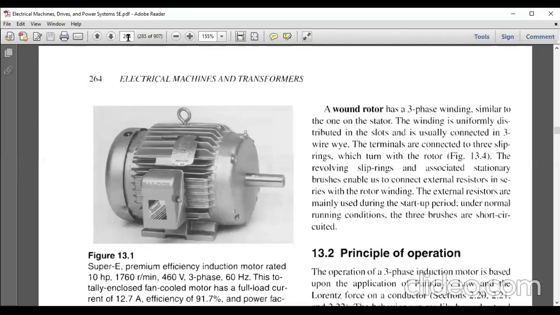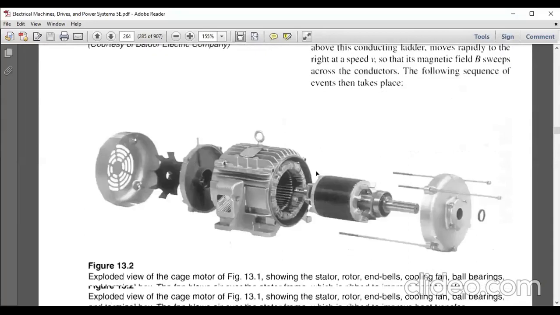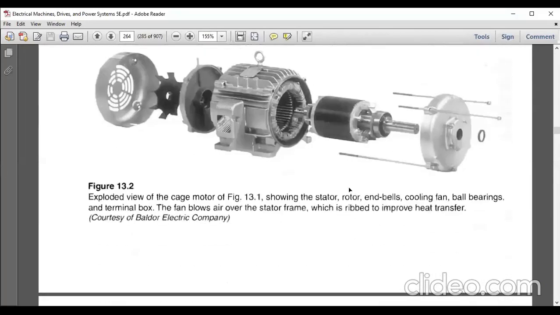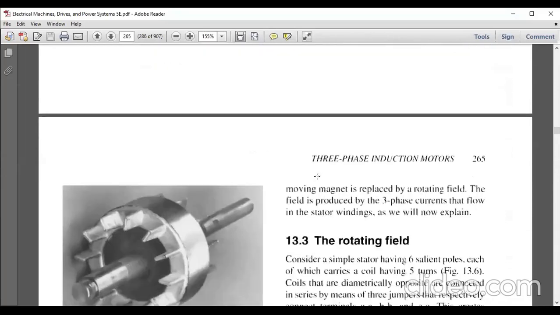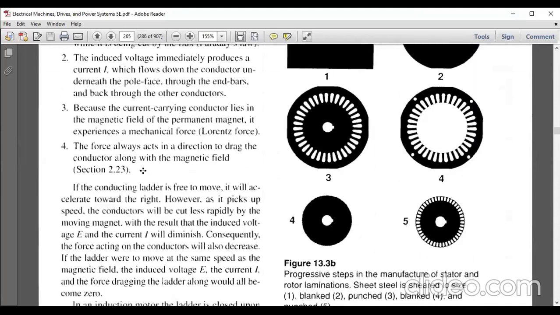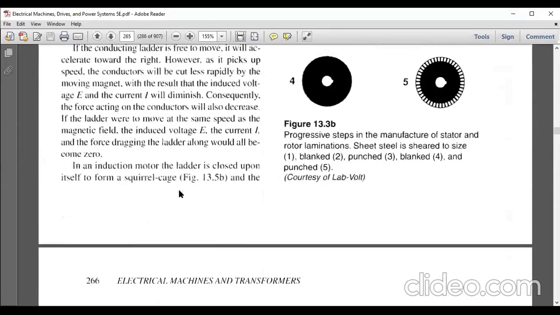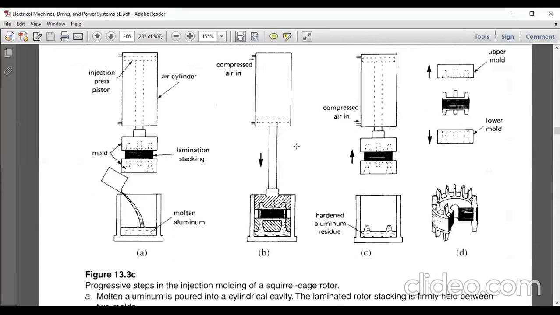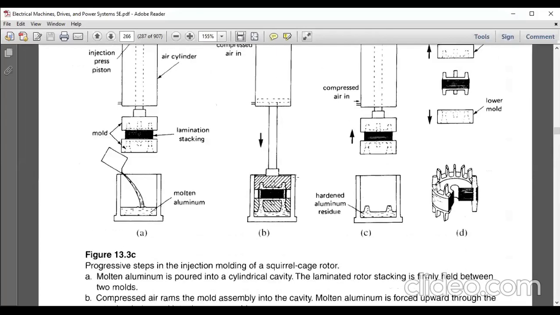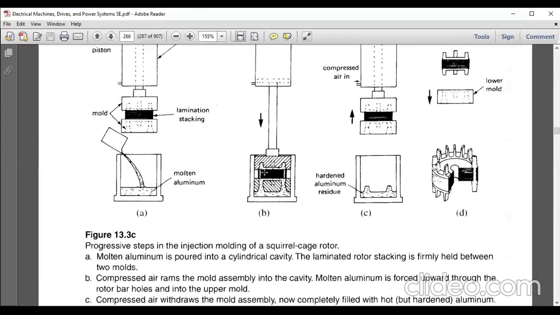Let us see the topic. Here, this is the topic, principle of operation, and these are the constructional details. This is the squirrel cage rotor, and these are the points we have discussed up to now. All these are out of your syllabus. No need to worry about this. Since we are in an online class, we are having some more information, and it will be quite useful if we learn more beyond the class.